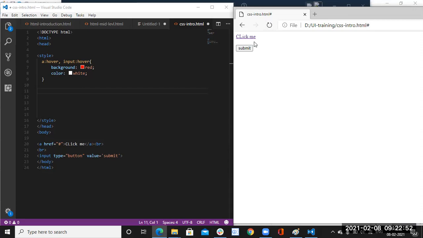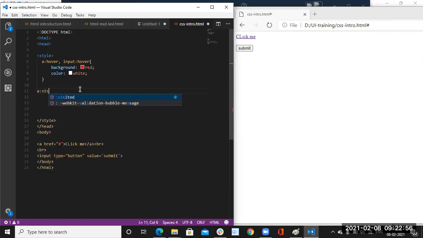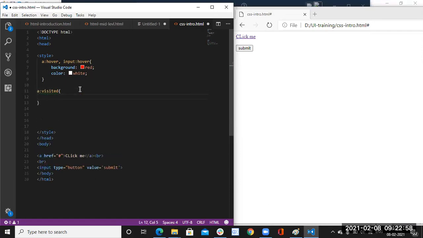Now I want to change that color using a:visited. Whenever I click on it, that means it is visited. I want to change the color to some green. Okay, I'm saving this. Now I have to refresh.